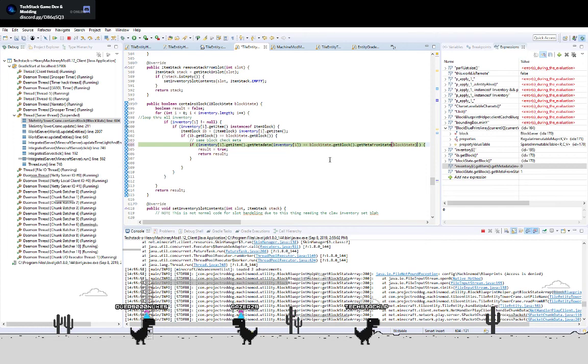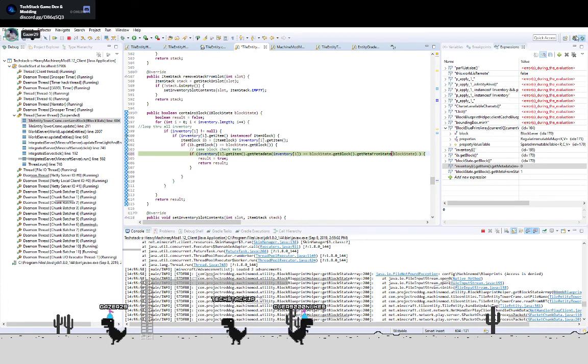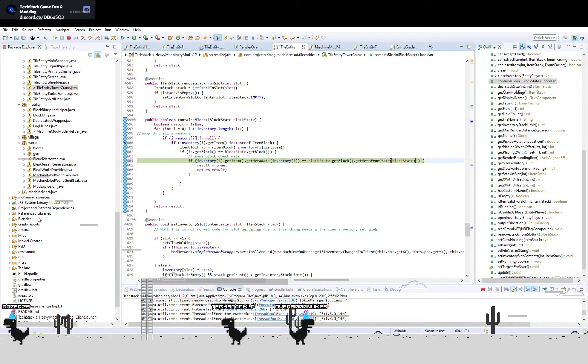Yes, the generalized version. So if I did get default state and then used that to get its meta state, that might be enough. So you're saying the default block state is the same as the item that you would have in your hand? The item metadata should be the same. Yeah. So let me look at